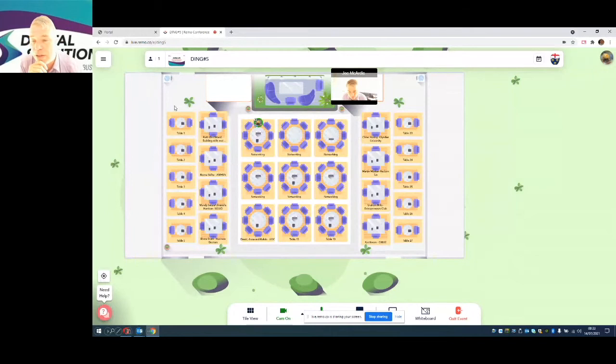At the side we've got these smaller two-person tables that you can use. Ding, the remote platform, is fairly intuitive. On the bottom here, you will see a chat function, which you can use for general chat. It will also allow you to send private messages to an individual if you want to go into one of these smaller tables. I'll stop sharing my screen now.